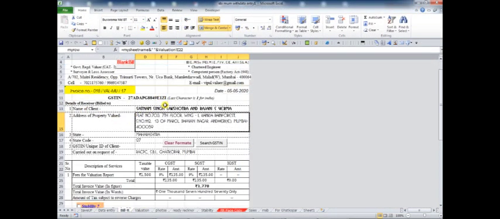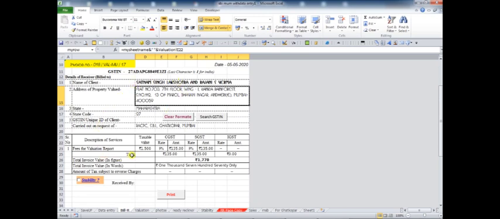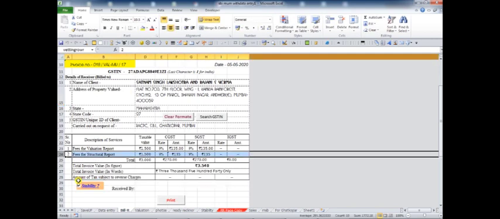Okay friends, now the bill will be automatically prepared here like this. Here the amount of the professional bill, CGST, SGST and total will be written down. Also you will find the amount in words is also written down. If you have to issue a structure report also under a single bill, you can just press this button and the professional charge of the structure report will also be calculated and added to the total. The total will change accordingly and the amount in words will change.